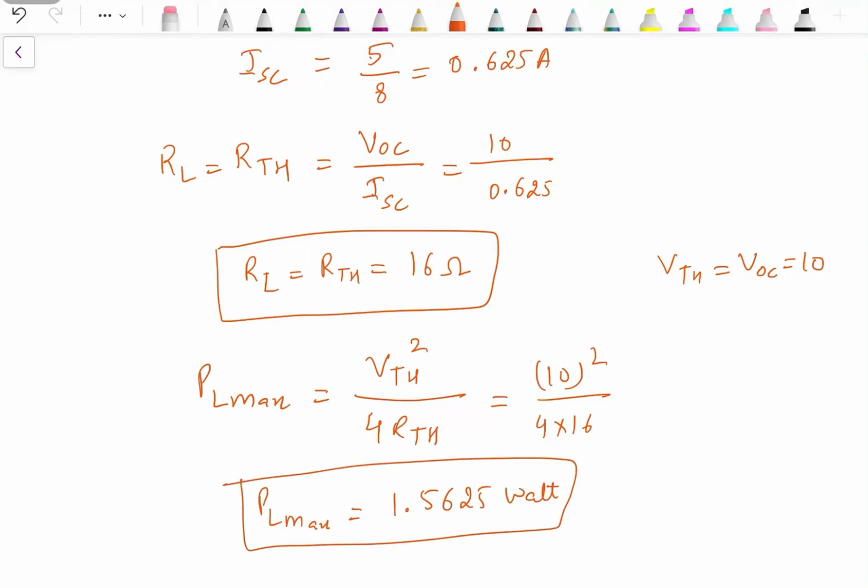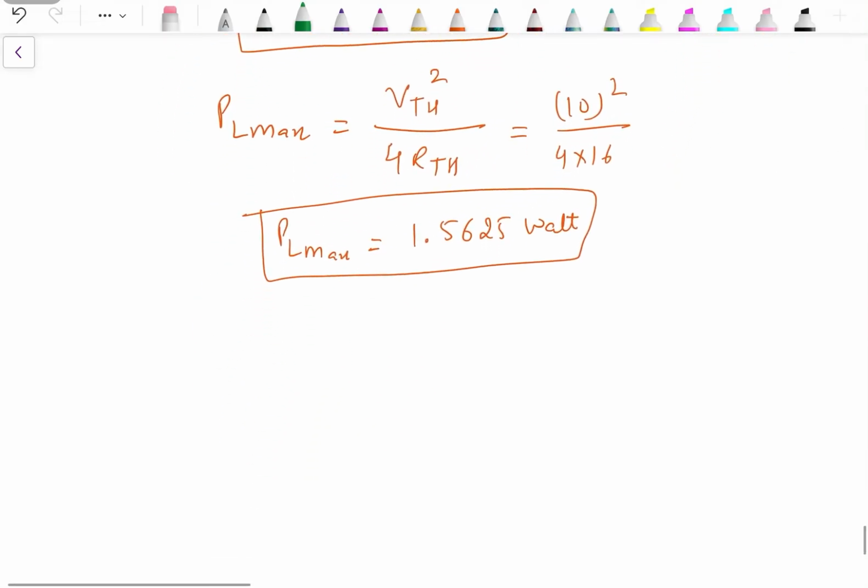So we need to understand the importance of Thevenin and Norton's theorem, because if we don't know their procedure, then we can't even solve the problems of maximum power transfer theorem. So next problem